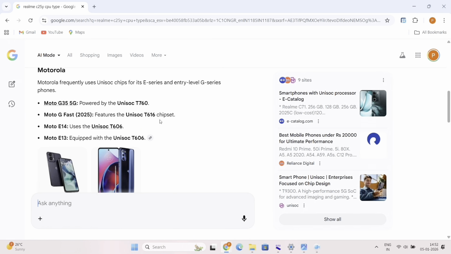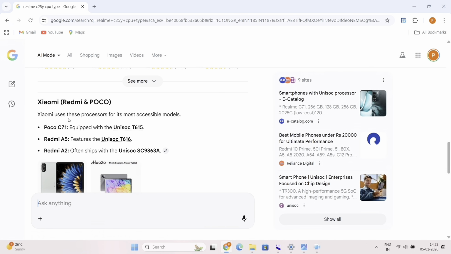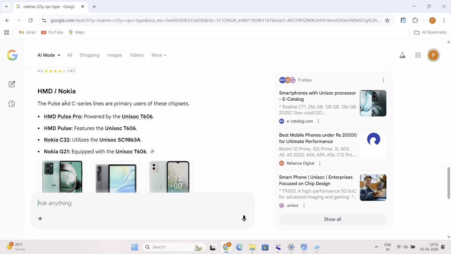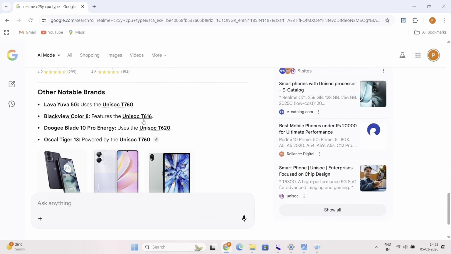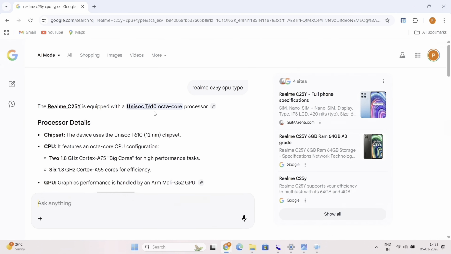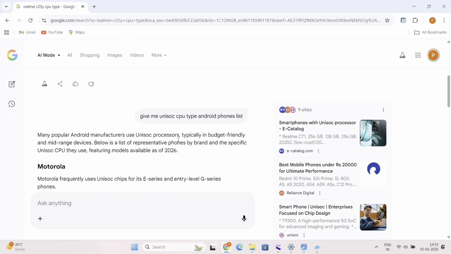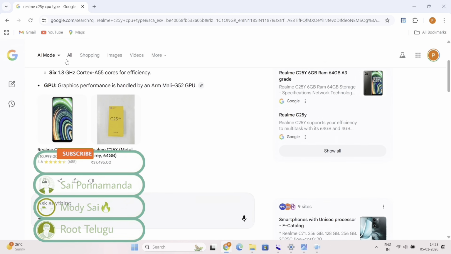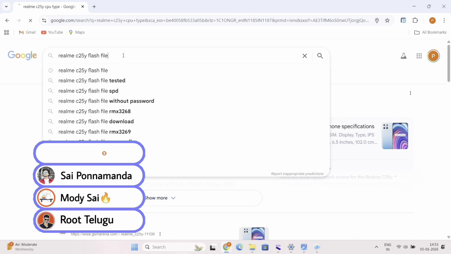So you will get all the models of all the companies of devices. As you can see, all these devices came with a Spreadtrum CPU, that means Unisoc CPU. So all these devices are able to root without unlocking the bootloader. If you have any device from it, then definitely you can root your device. But if your device is MediaTek or Qualcomm based, this method is not going to work. So note this point. In my case, my device supports a Spreadtrum CPU, so definitely I will be able to root